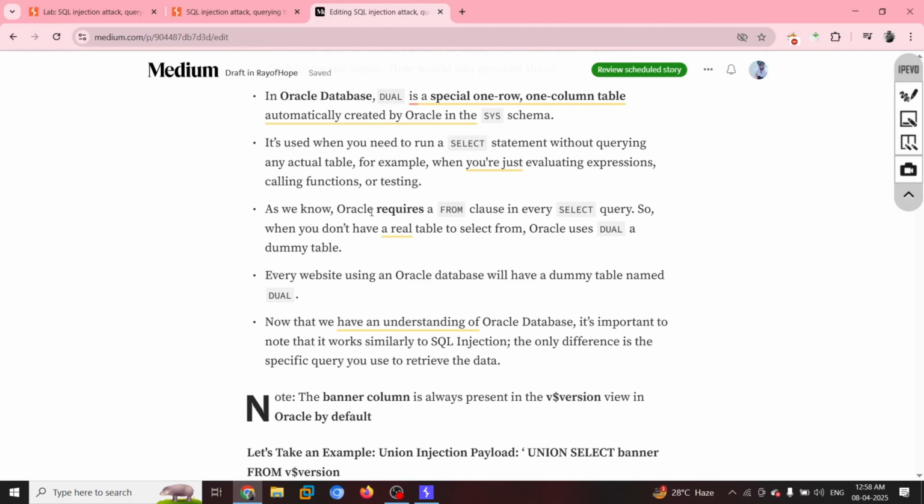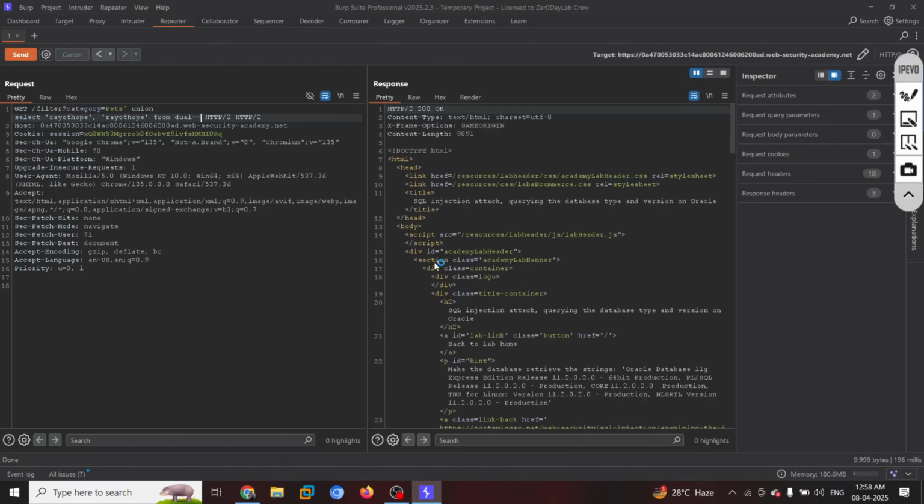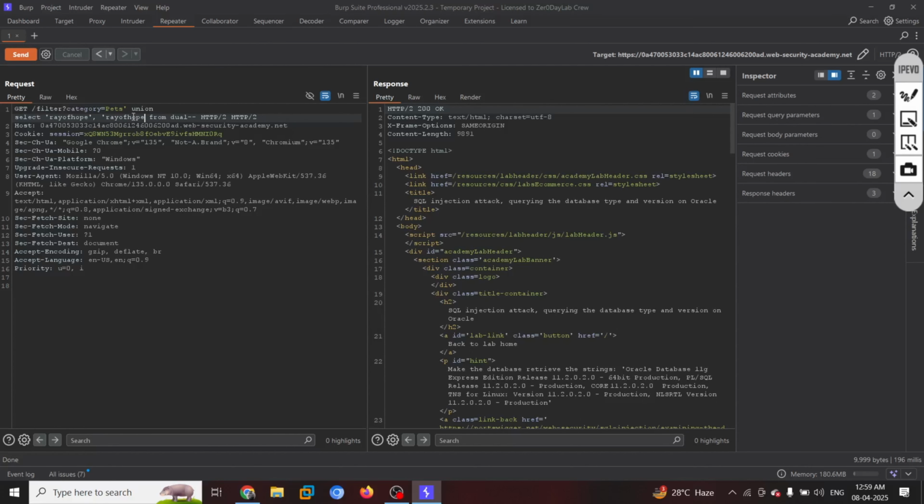So over here, now what we are going to do? Once we do so, union select, right? We can use like from dual hyphen hyphen and send it. You can see now we got to know its data type is 1. But if I am going to say 1, will that work now?